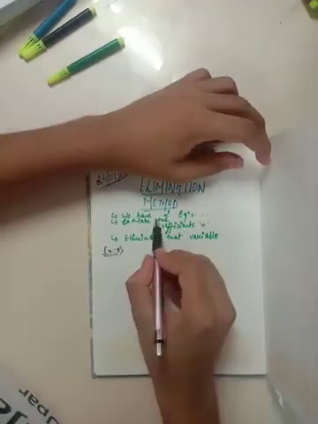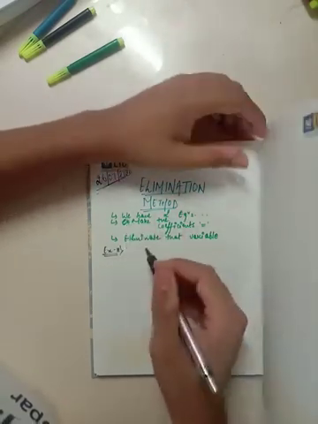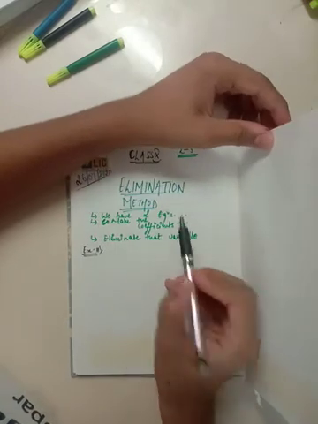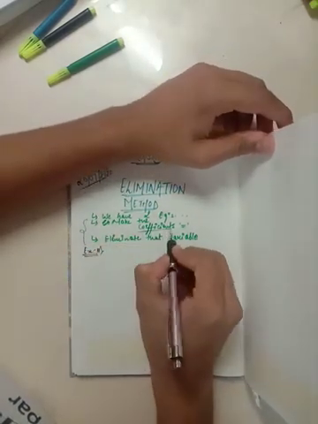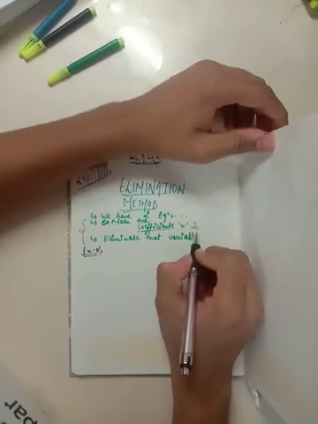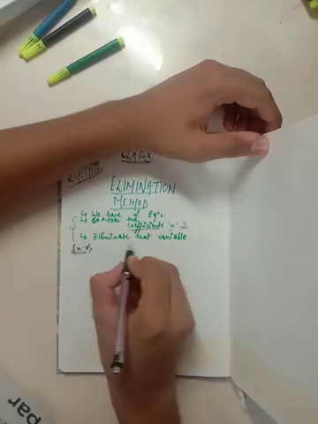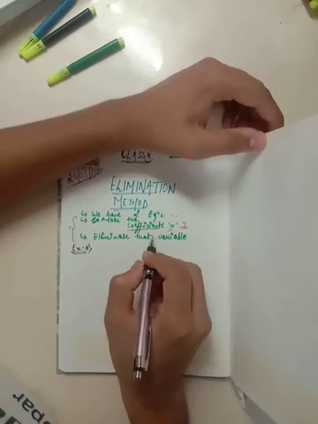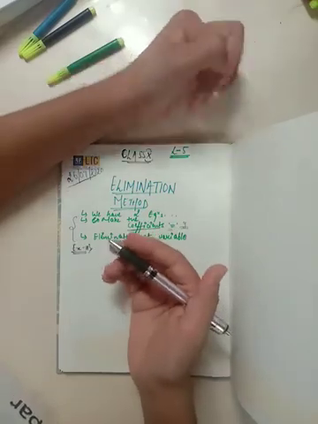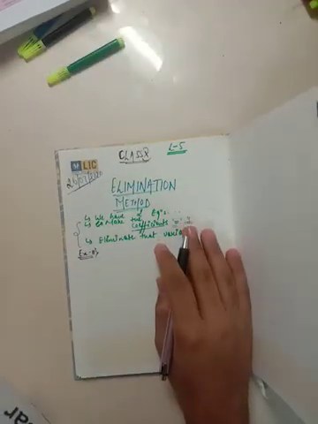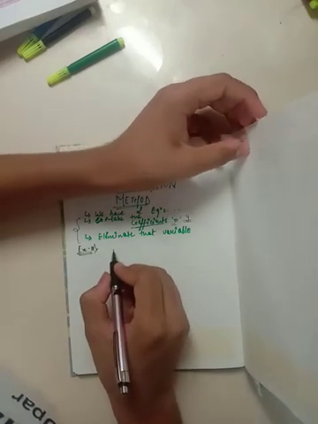In this method we have two equations as always and as in every question, and from that what we have to actually do is we have to make the coefficients of any one variable in both the equations equal, so that we could eliminate that variable by various methods, like by adding or by subtracting. So let's consider an example and try to understand this. We are taking example number 11 of your NCERT.